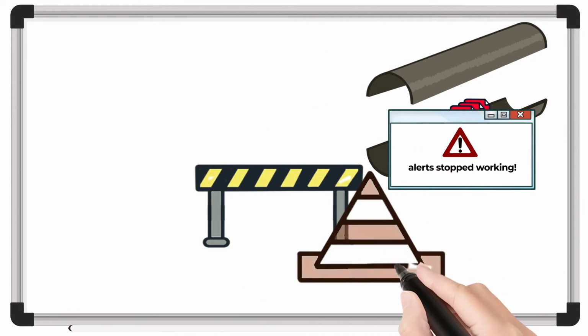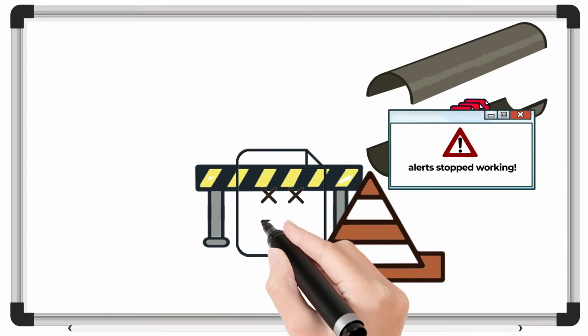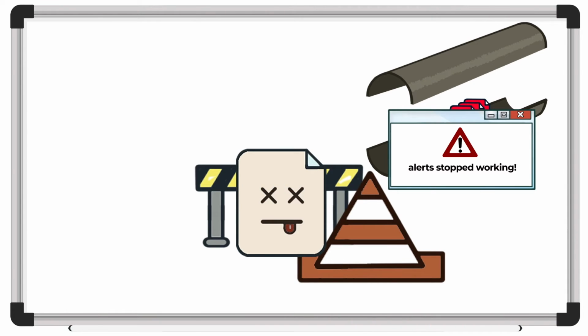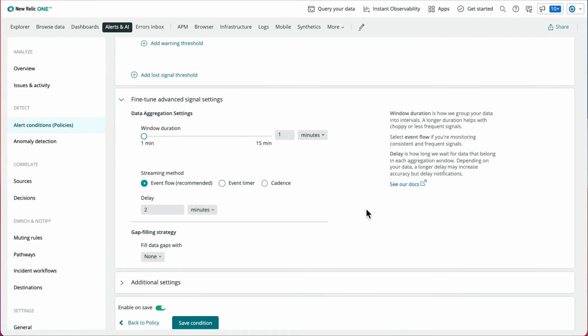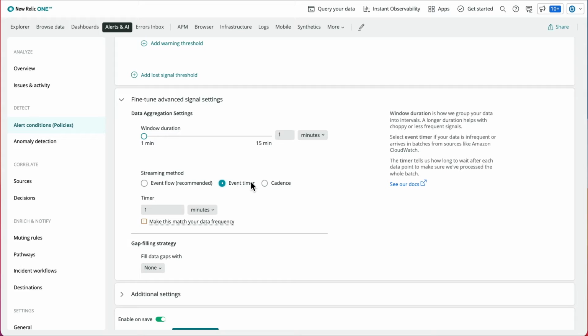If your proxy server goes down or something else technical goes wrong, the system stops moving when the data stops flowing. This method provides the best reliability, accuracy, and latency for time series signals whose data points arrive consistently and frequently. For the most part, this is the case for most infrastructure and application metrics. If your data is very sparse, however, Event Timer would be a better fit for you.